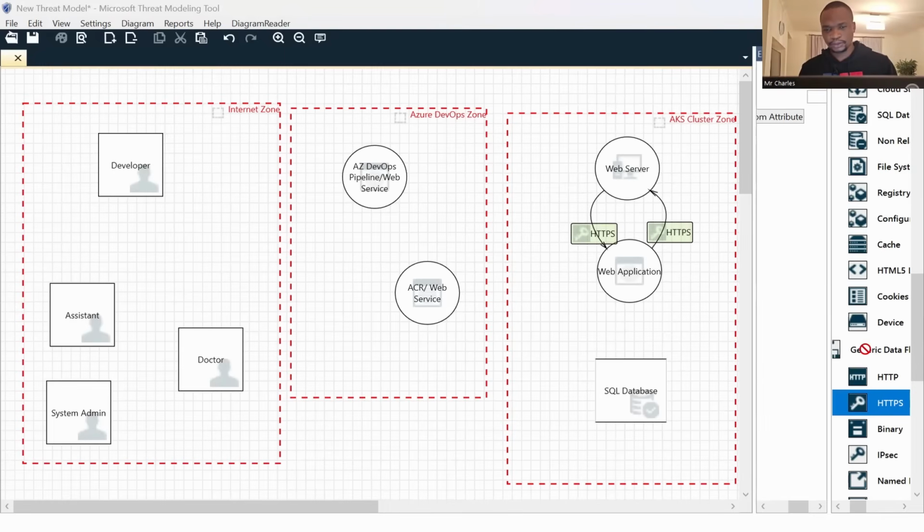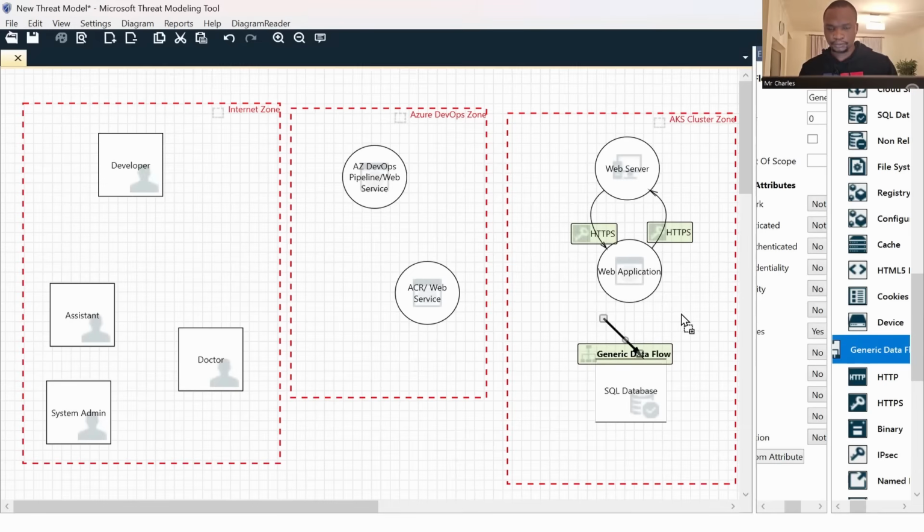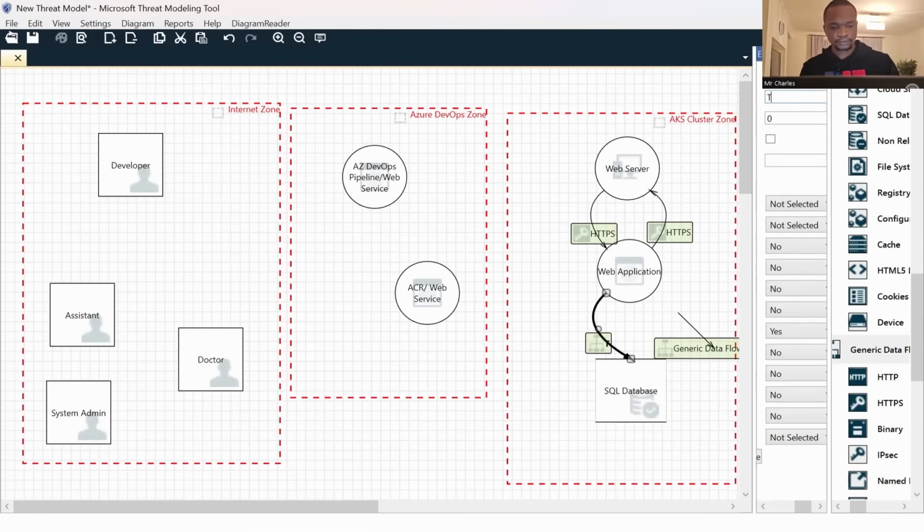So the port will be 133. And then the request will be